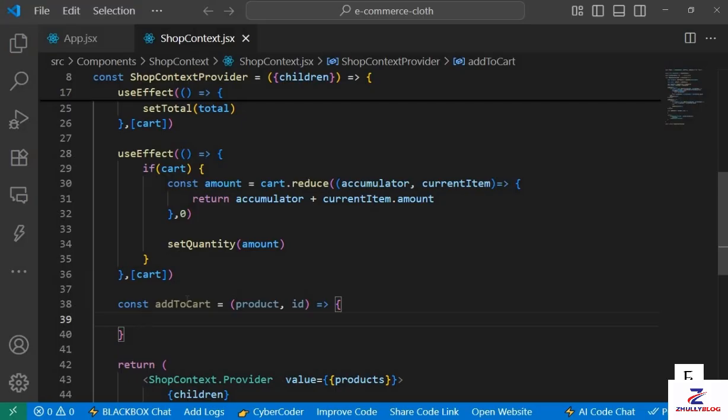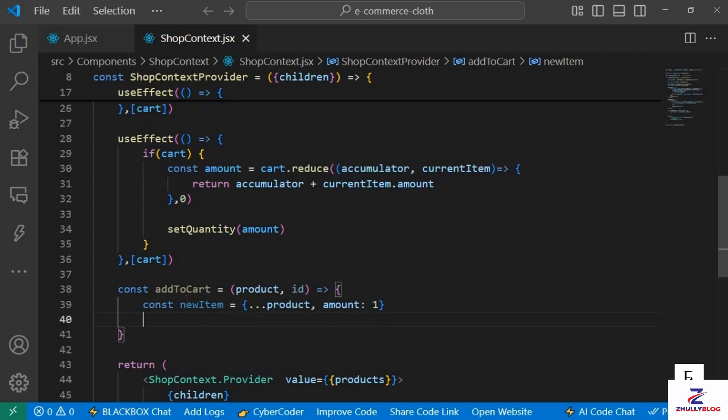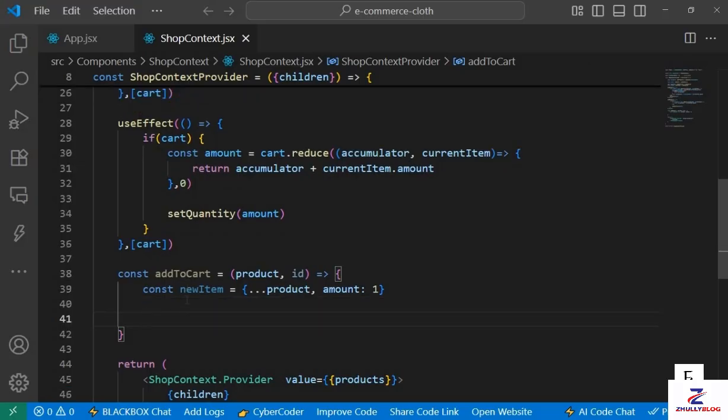Okay, so first we need to create a new item with the initial quantity of 1. So I'm going to have const newItem will be equal to spread the products, comma, we initialize the quantity with 1. Next step is to find if the product is already in the cart. So we're going to have const, and we'll save that in cartItem in this variable. So we use find method, cart.find